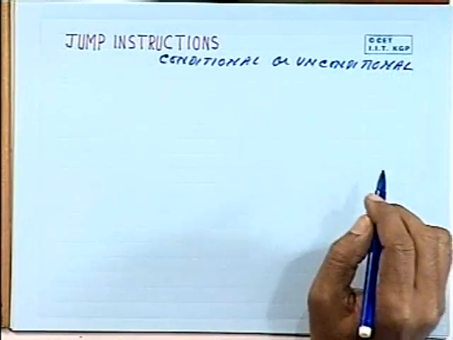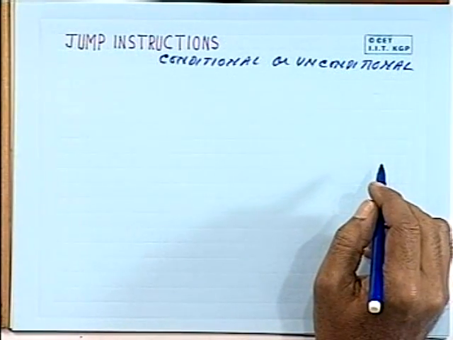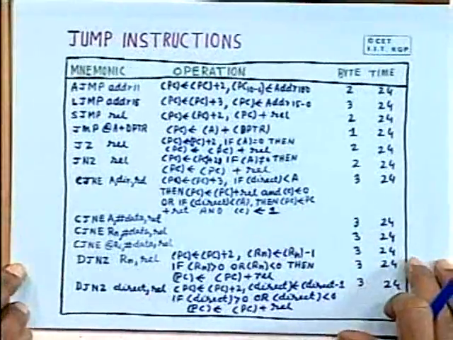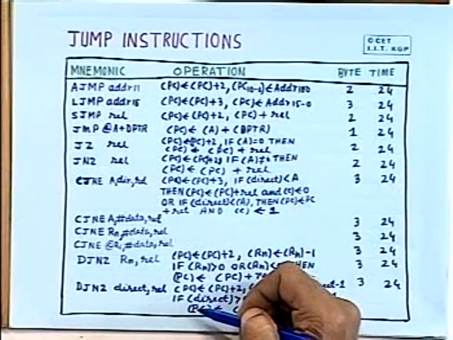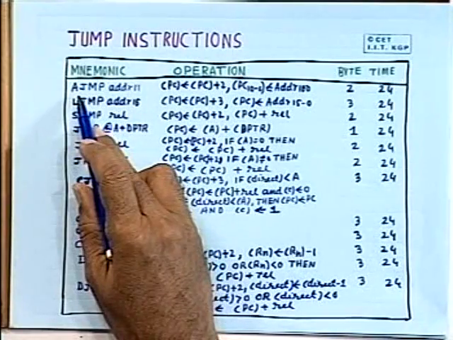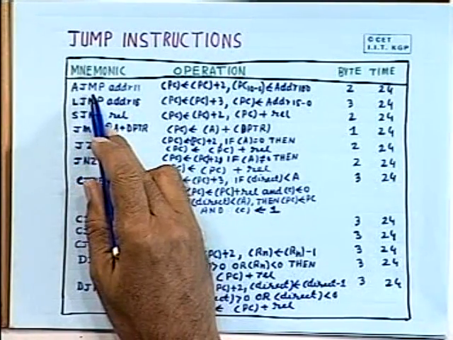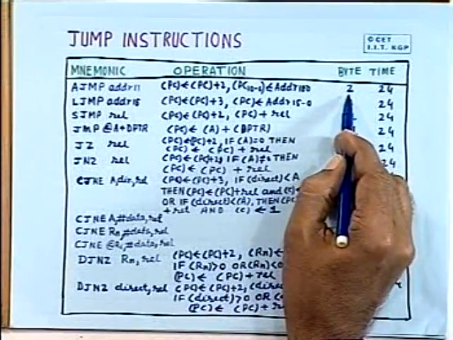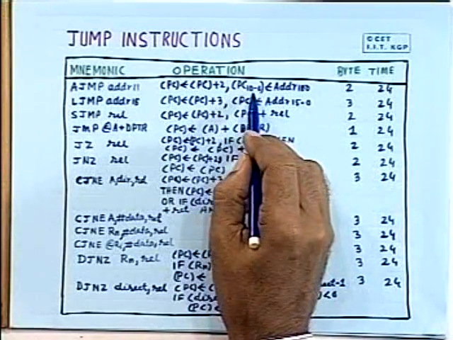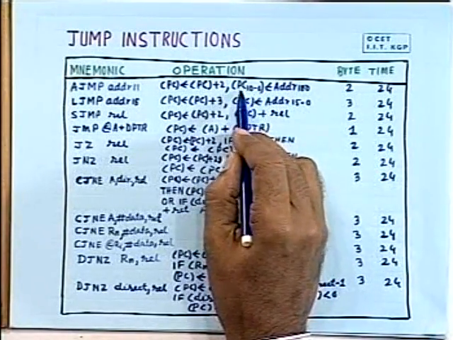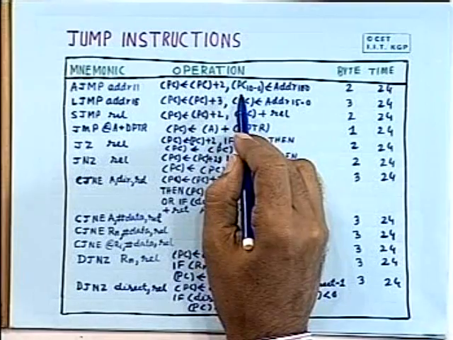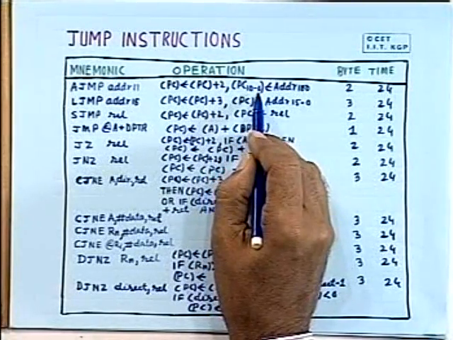There are two types of jumps, conditional and unconditional jump instructions, and the various types of jump instructions are given in this table. As you can see here, just like the absolute subroutine call, here you have the absolute jump, which is a 2-byte instruction, and the 11-bit address is concatenated with the program counter, with the higher order 5 bits remaining the same and the lower order 11 bits modified